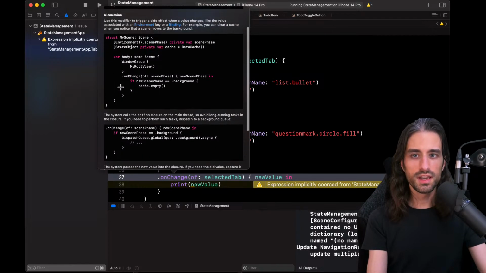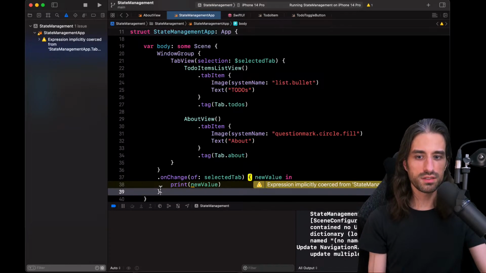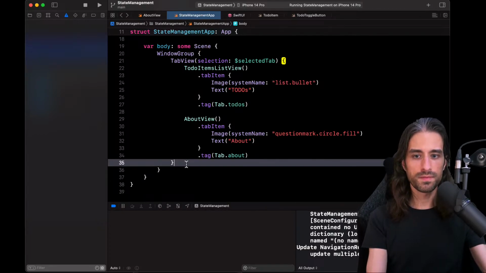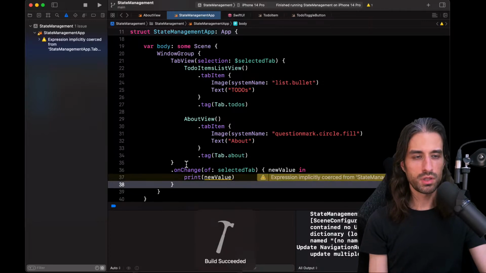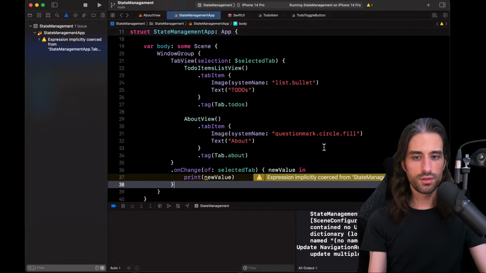Even though, you see here, they call onChangeOf on a scene, not inside an app, but they call it on the window group right here. So I feel like this should be able to work, but just for being thorough. Yeah, I know it doesn't change it.